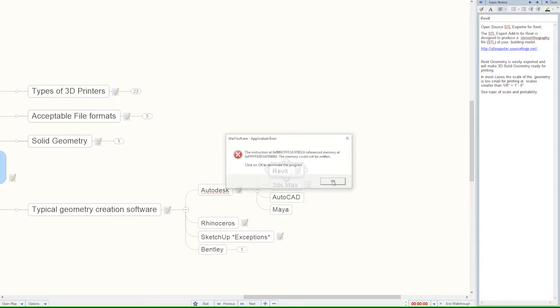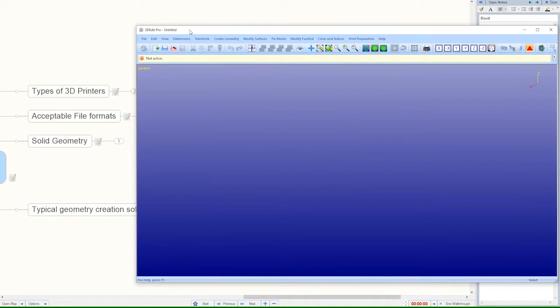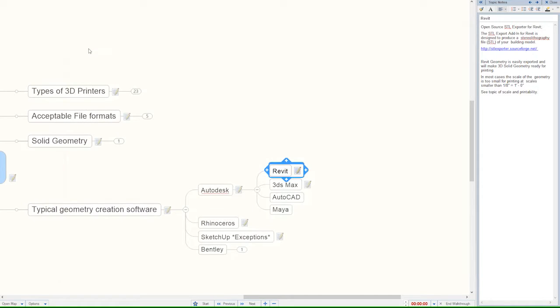I've already actually done that. I've already done the file format, so let me show you how I open it up. So what is all this? This is our 3D software from 3D Systems called 3D Edit Pro. It's an awesome piece of software. It prepares the model for 3D printing. This is not the application that sends the printing job. So I use this all the time because you'll see,